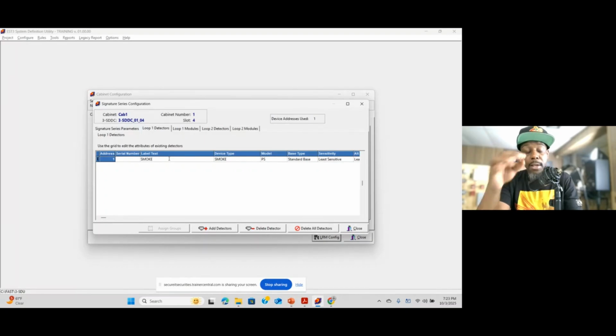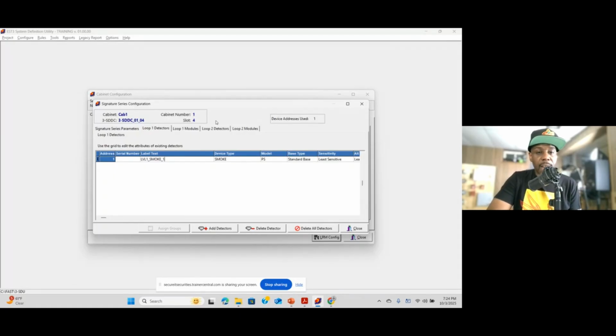Let's say if it's a high-rise building and you have 3 floors, they usually write it like this: level 1, whatever level it's on. You can start with 0 if you have a basement, or 0 if it's just the first floor. So level 1 will pertain to the floor. Level 1, level 2, level 3, level 4, and so forth. So it'll be level 1 smoke. That way, if you have multiple smoke detectors on level 1, then you just put another hash, and you go level 1 smoke 1, smoke 2, level 1 smoke 3. And when you write your rules, this will start to make sense.